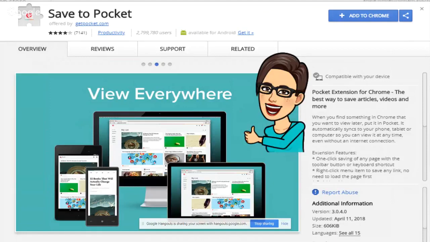And then what's most important here is that it's free. All of these extensions that I'm sharing with you are free. Now, you can upgrade to a premium to have more options, but what I'm talking about here is using it for free. And once again, working with intermediate level and even some middle school teachers, having the students save research